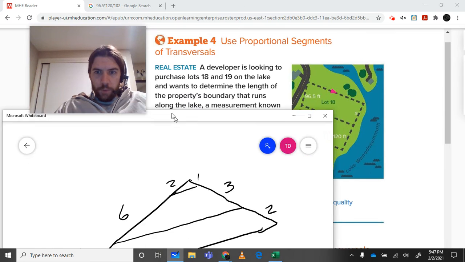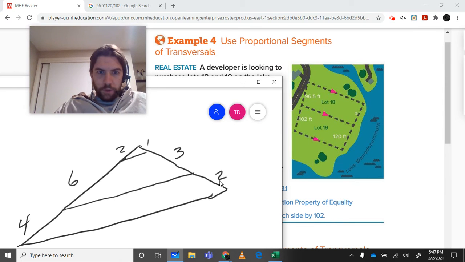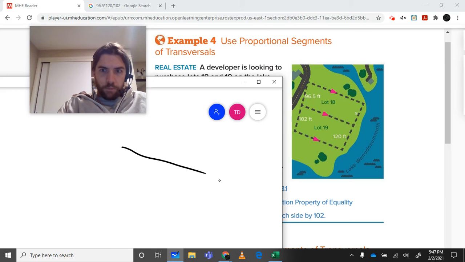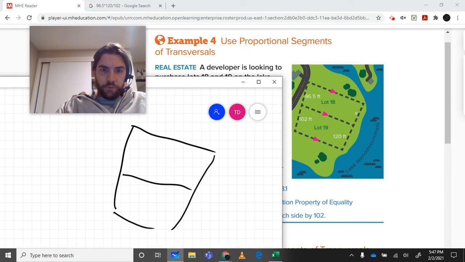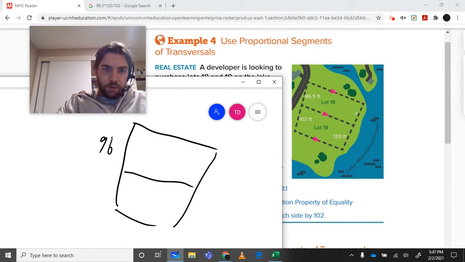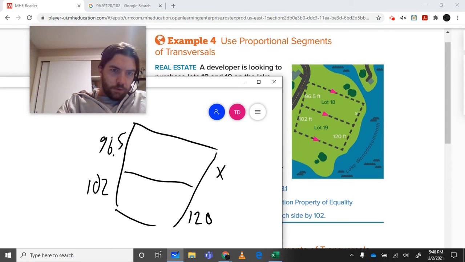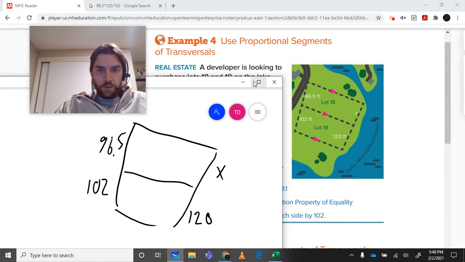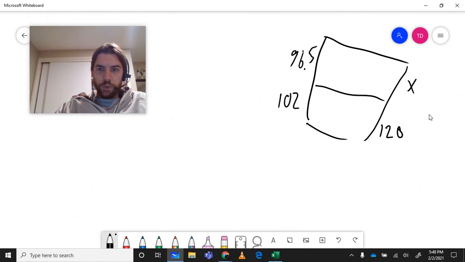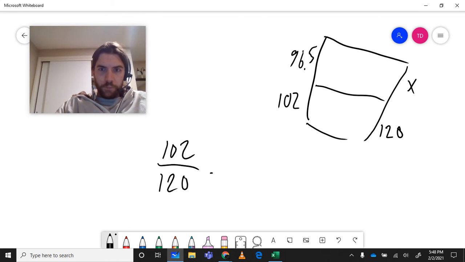In the problem up here, if we draw this one out real quick, we've got a few pieces of information. We've got 96.5, 102, 120, and x. So what I would suggest is that there's probably two different ways that I can write out these proportions. I can think of this proportion: we have a 102 to 120 ratio,